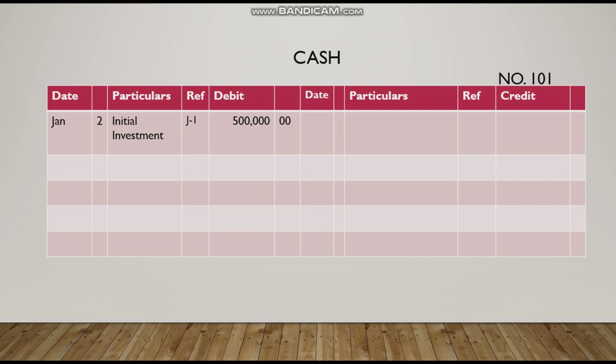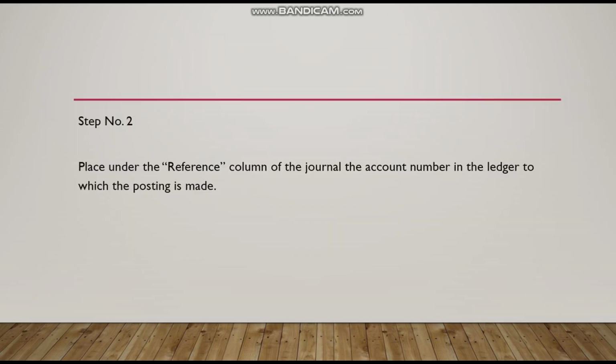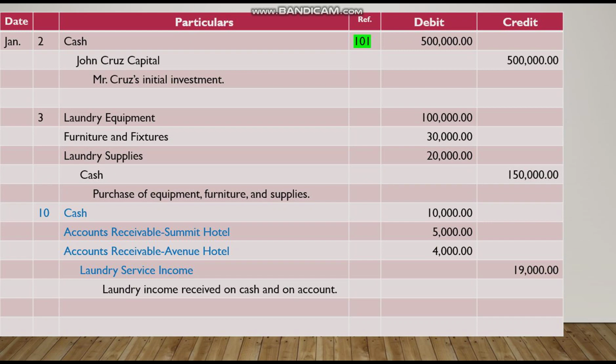And debit 500,000 pesos. Again, as I said, you should take note of the account number, which is 101, because our next step is to place under the reference column of the journal the account number in the ledger to which the posting is made. Okay, let's go back to the journal, page 1, and write under the reference column the number 101 pertaining to the ledger account where you transferred this